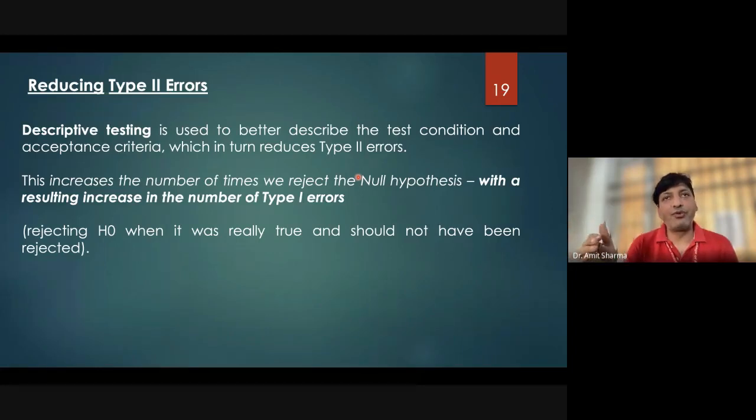At that time what you have to do is change the confidence interval of your study. So as you change the confidence interval, type 2 error is going to increase. That is the third thing. So these were the type 2 errors which we have in research and hypothesis. So two things you have to remember.